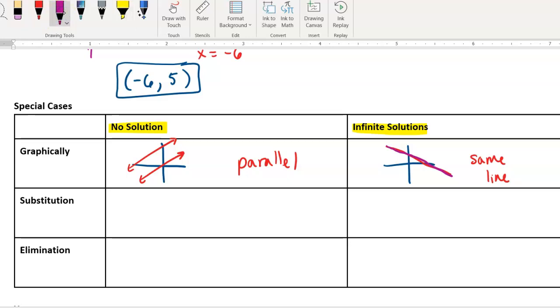So how would that look if we solve by substitution or elimination? So both of these would combine to be the same, to have the same look. So if the variables cancel out, and you are left with a false statement,